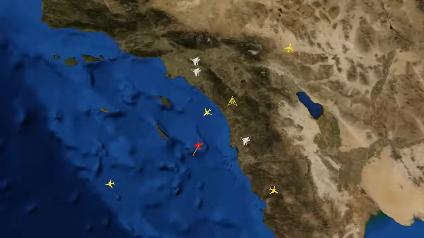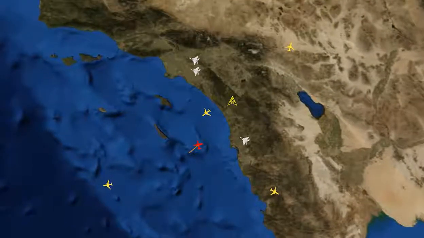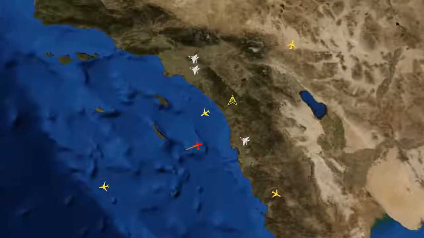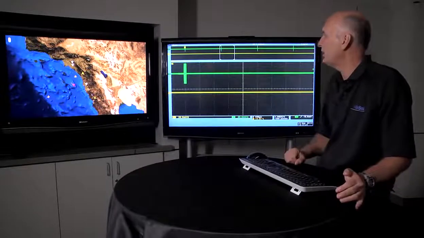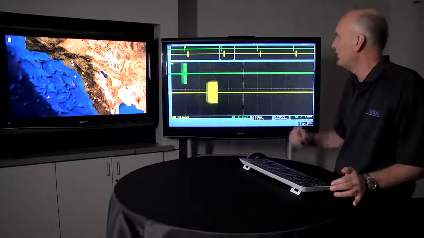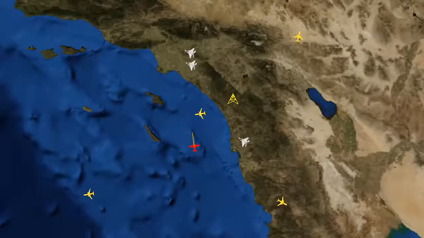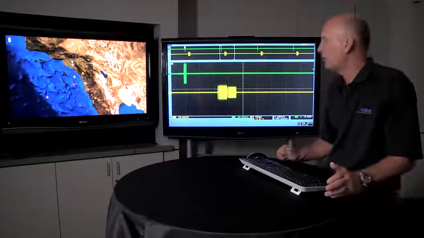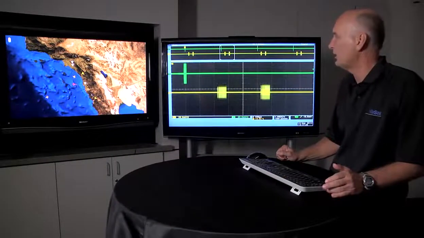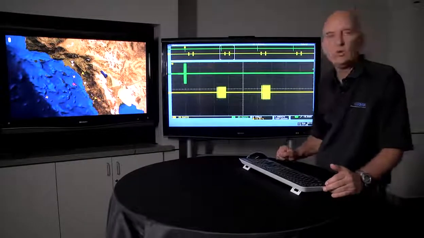We now have a more realistic scenario in that only platforms that are being pointed at by the antenna should be responding. So we have the commercial plane off in the distance responding. We're now into a dead area. As the planes come into view, they will start to respond to a little denser environment as you get more platforms involved. These are Mode S interrogations, so only the Mode S platforms are responding, so the military planes are not responding. If we switch to Mode C,